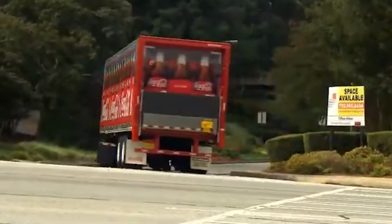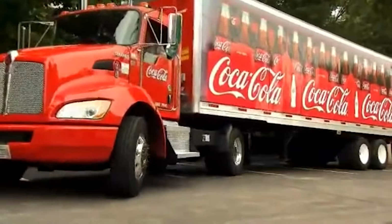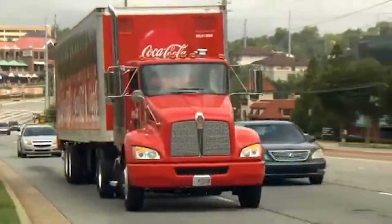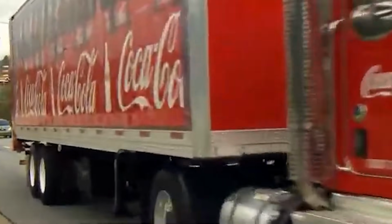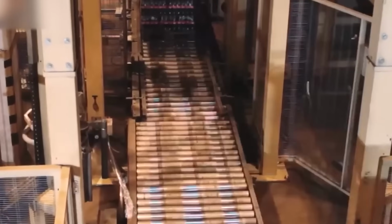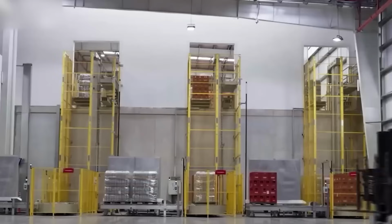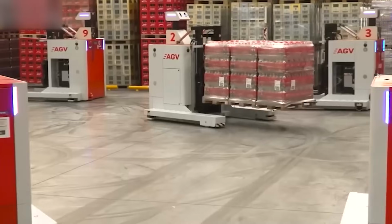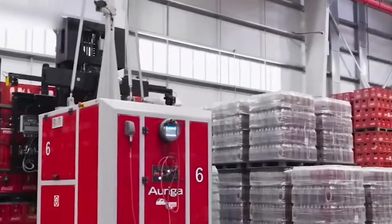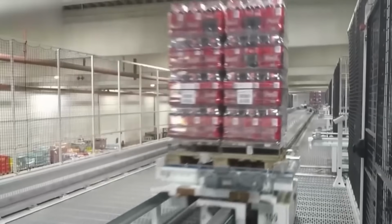While Coca-Cola's production process is largely automated, human oversight remains essential at every stage. Factory employees play a critical role in ensuring that operations run smoothly, troubleshooting machinery issues, and maintaining stringent hygiene standards. Workers undergo regular training to stay up to date with food safety protocols, equipment operation, and emergency response procedures. The company prioritizes worker safety, implementing strict guidelines to protect employees from potential hazards associated with high-speed production lines and